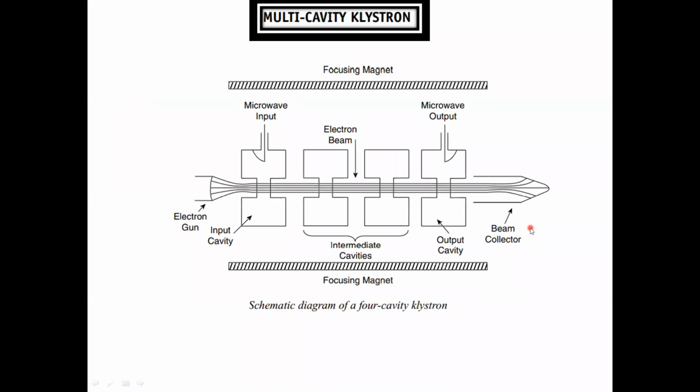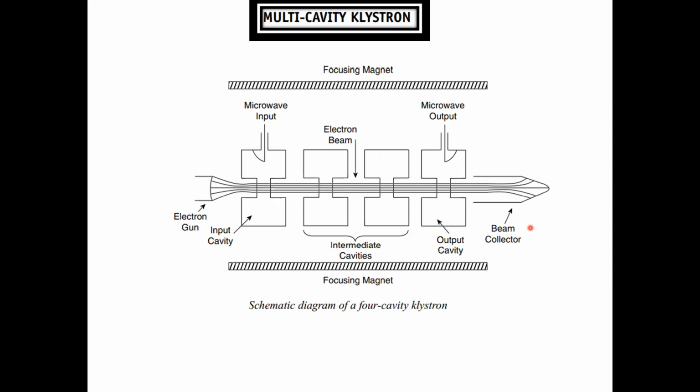So now, using the two cavity klystron knowledge, we are implementing it in our syllabus topic, the multi cavity klystron. In the multi cavity klystron, between the input cavity and output cavity, we have several cavities embedded into the particular gap. That equals your intermediate cavities. So the electron gun is available, then the input cavity. We apply the microwave signal into the input cavity. Then the output cavity. Then we have the collector or collection point.